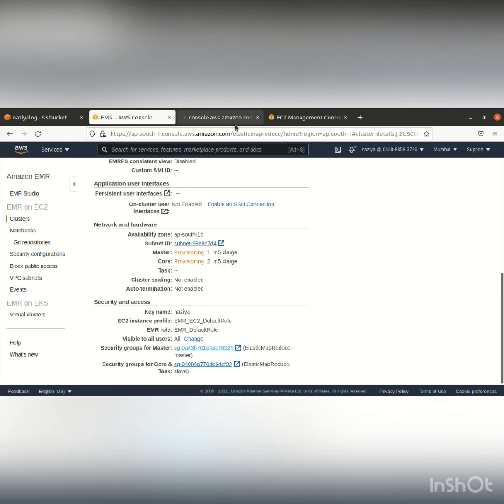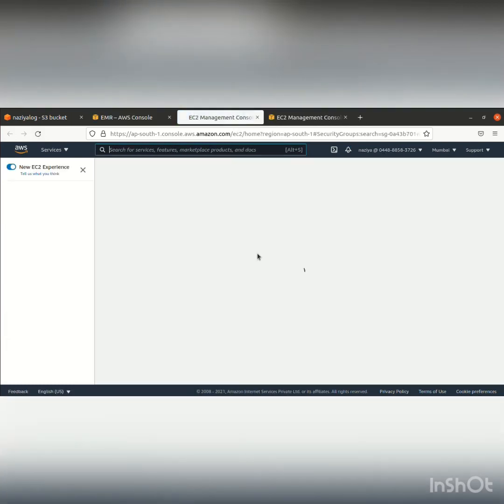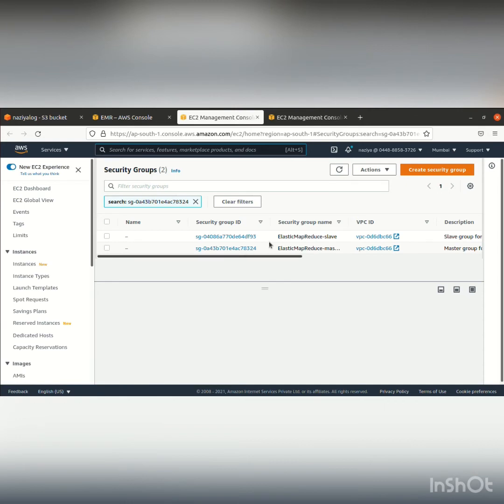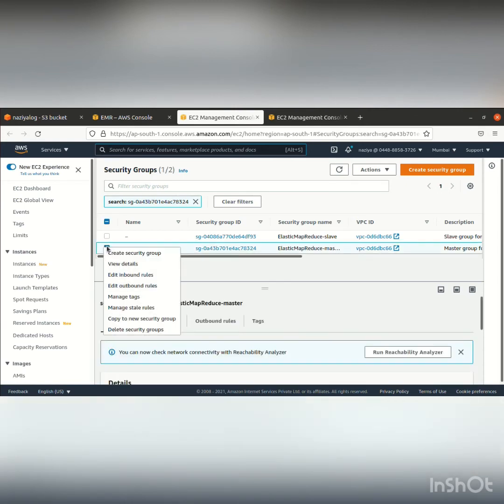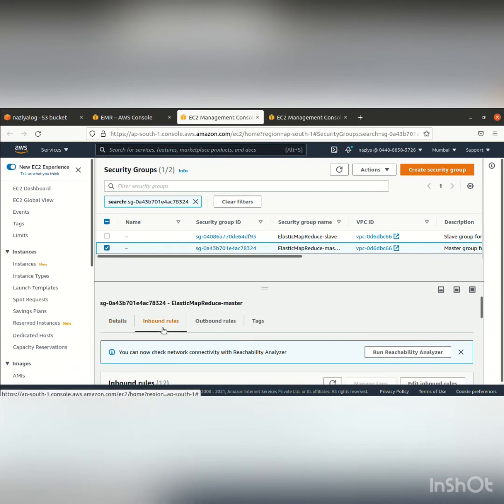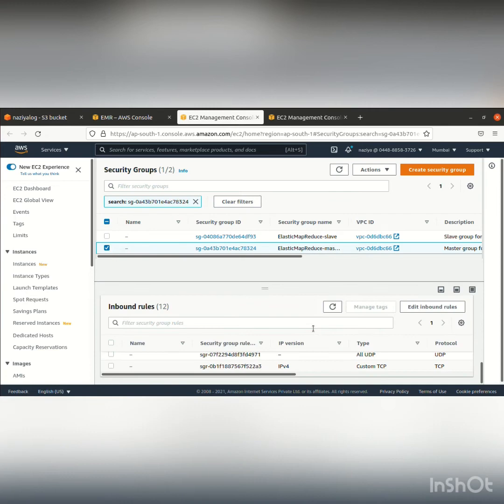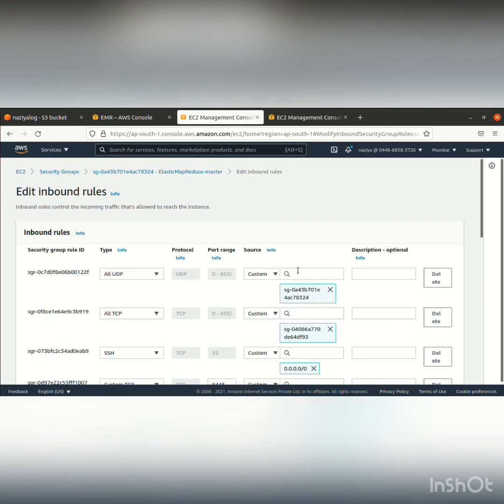So as it has started, we'll open this link and go to the master. Make sure you go into the master, not the slave one, and we'll edit these inbound rules, where we'll add one. Edit inbound rules.